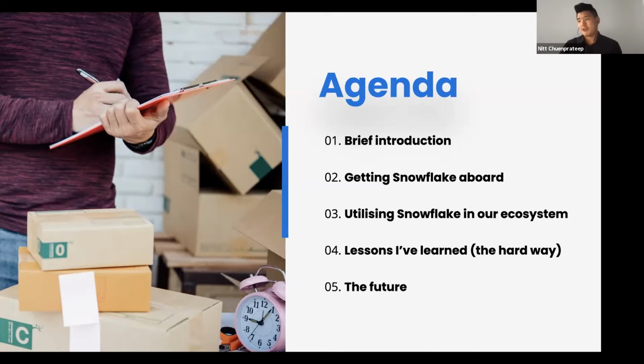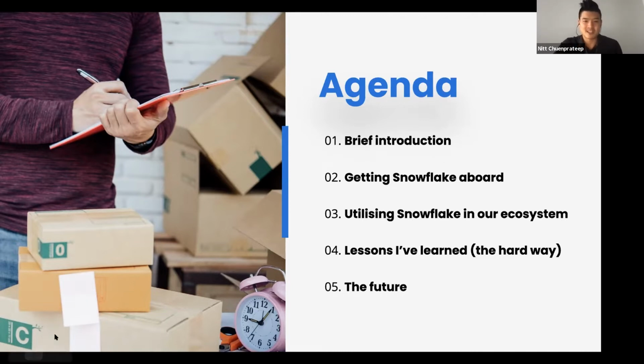Then I'm going to talk about what I feel the real value of Snowflake was for us, which was utilizing it in our ecosystem, right? In terms of the ecosystem, we have a lot of different business systems. We've got over 70 different couriers that feed data into Snowflake. We've got a whole variety of different ways that we can use the data, so I'll go over a few of those. Then I'll go over those lessons I spoke about and also a few ways that we're hoping to extend the stack in the future and also possibly get you involved, right?